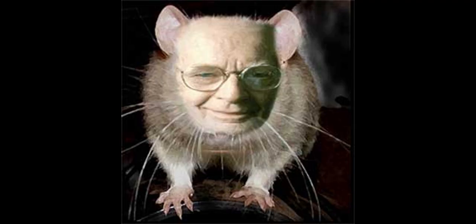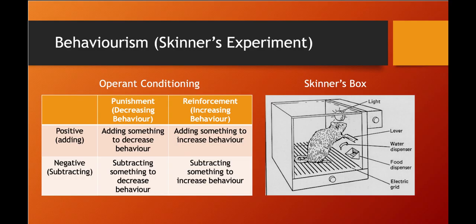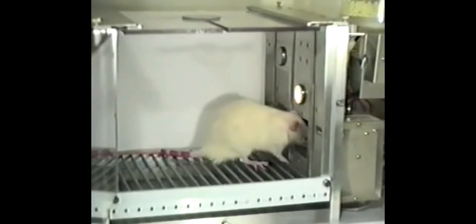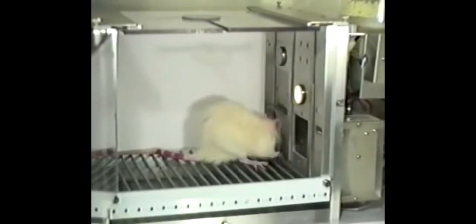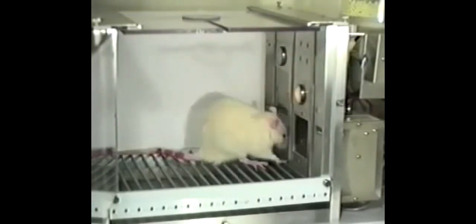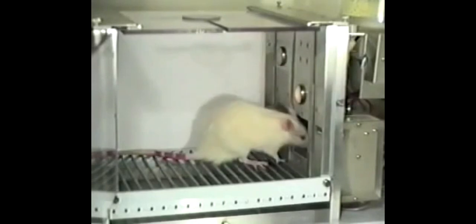Another scholar whose work showed up as an addition to Pavlov's theory is Skinner. He placed a rat inside a box where there is a lever that the rat touched accidentally as it was exploring the box. Once the lever is pressed, the food came out. So like Pavlov's dog, Skinner's rat made an association between pressing the lever and getting the food, as you can see in the following video. The rat is constantly pressing the lever in anticipation of the food.